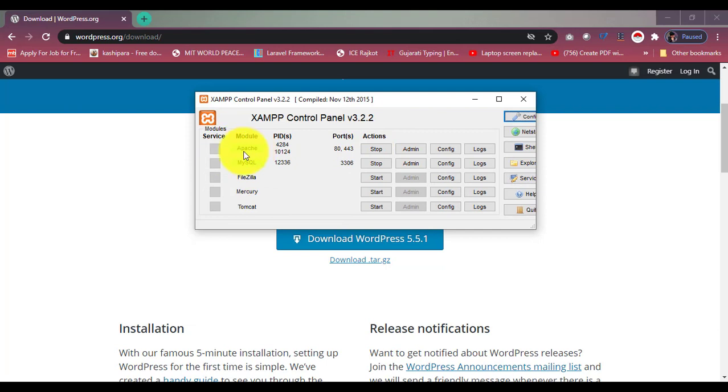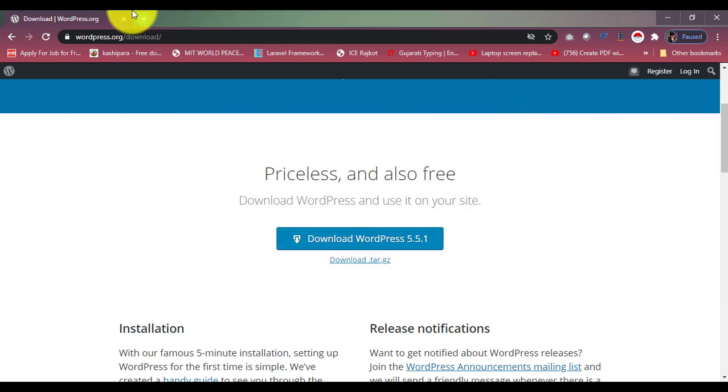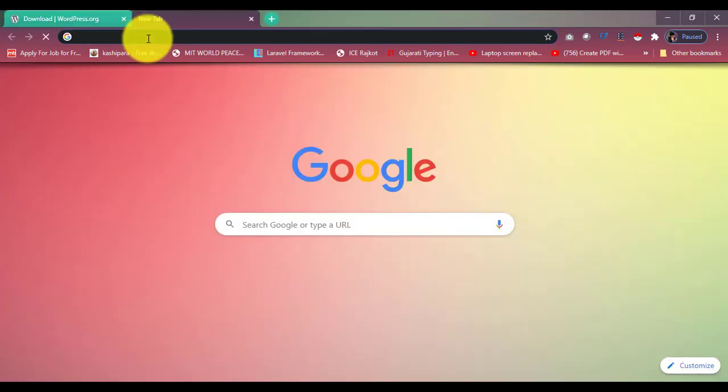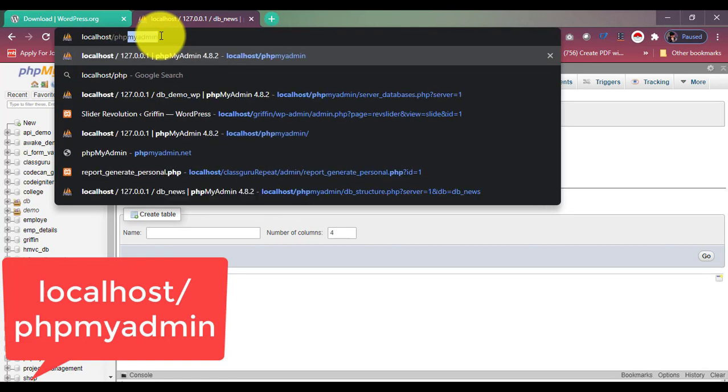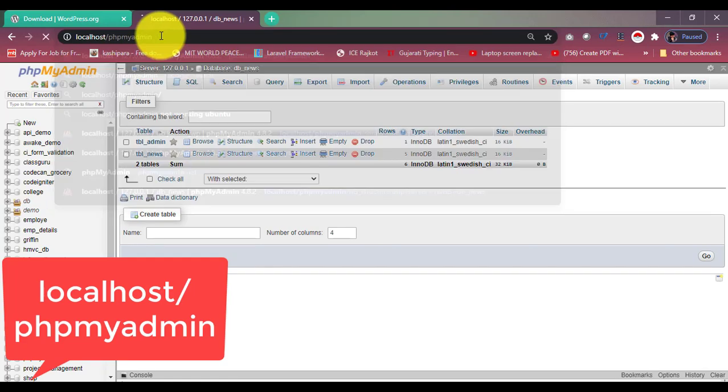Okay, now you have to start Apache and MySQL both. So once it gets started, we will open a new tab and type localhost/phpmyadmin.